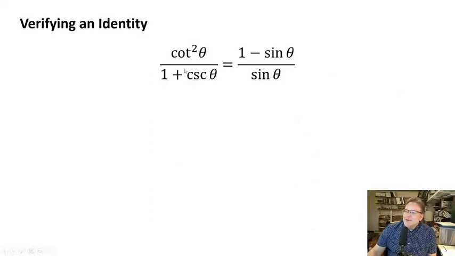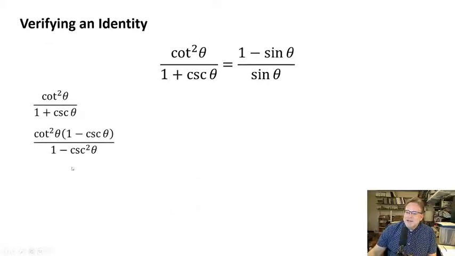Here's another example. Cotangent squared over 1 plus cosecant squared is equal to 1 minus sine theta over sine theta. Here again, I think it's a good idea to break things down into, well,